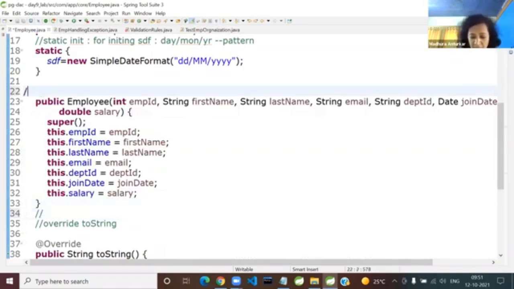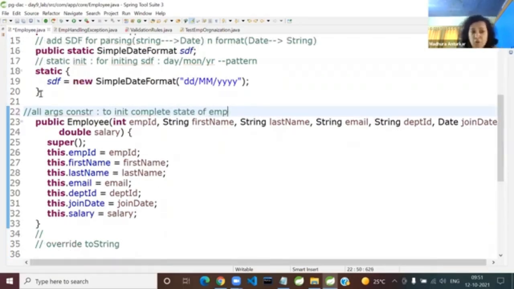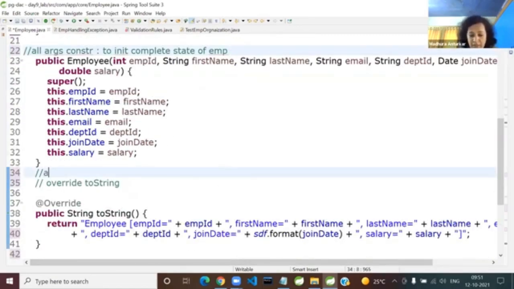So here, write a comment on the top of it. This is your all arguments constructor to initialize the complete state of employee. You should always tag it. You should always comment your code. Guys, in lab exams and technical interviews, comments also carry weightage. People actually check how many comments, not nonsensical comments, the meaningful comments you add. So here you add a comment, add overloaded constructor